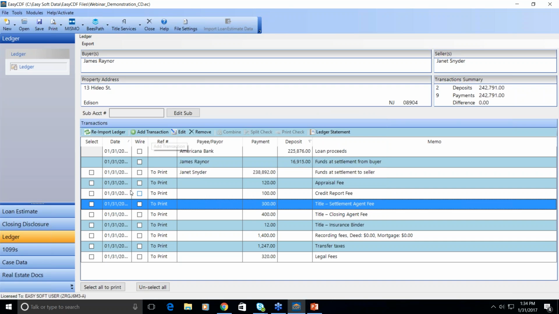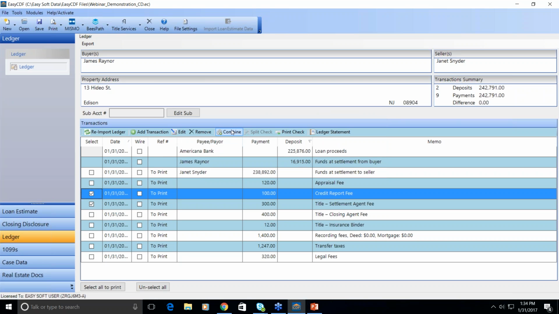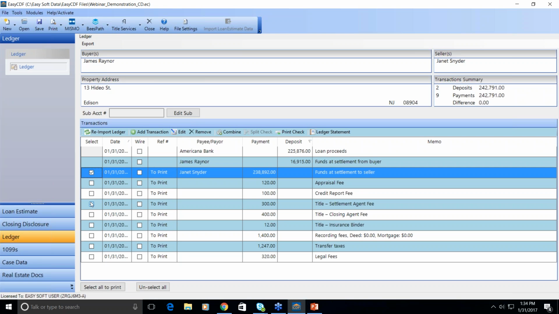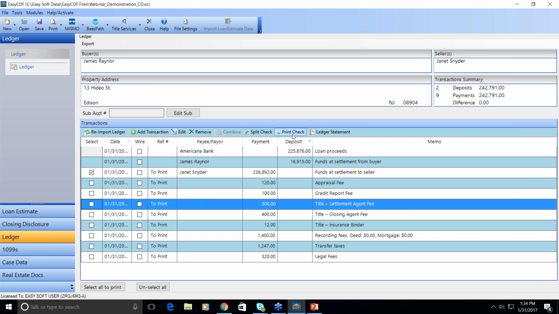I can also add transactions. If I select multiple transactions, I can combine them, or if I have a single transaction, I have the option to split it. It's very straightforward stuff. When I get around to actually printing, let me go ahead and uncheck that. When I go to print,